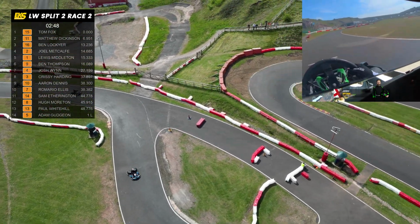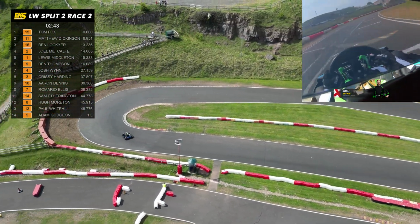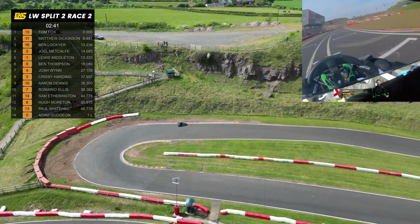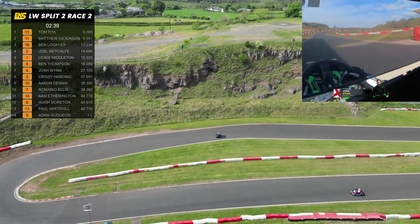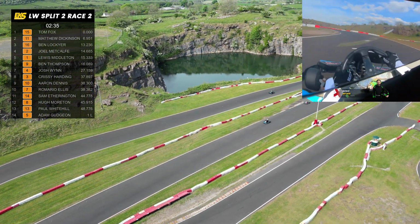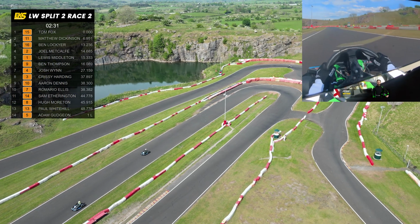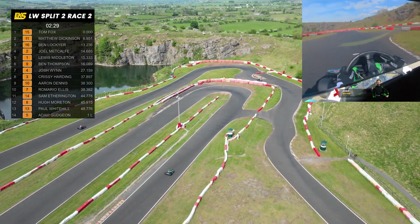Ben Thompson settles for 6th for now, about 2 tenths of a second between those 2 drivers. 2 minutes 40 left to go in the race, and probably about 2 laps at the line. Tom Fox in the lead at the moment, maybe 3 laps at the line. We'll wait and see. They're halfway through the lap at the moment,